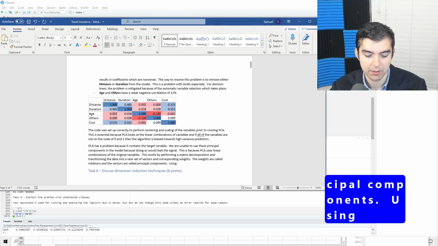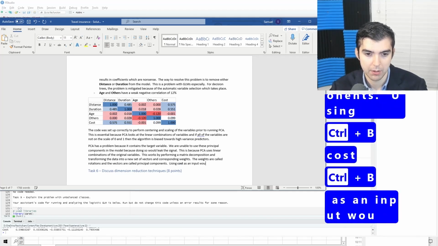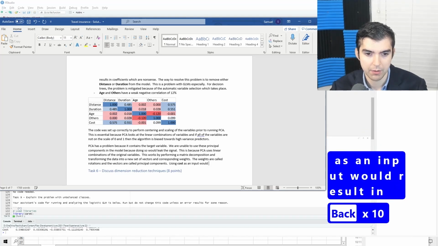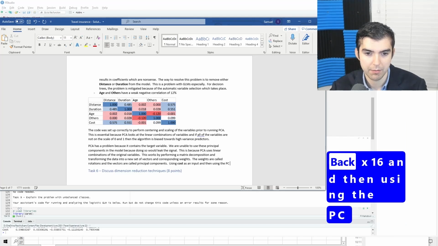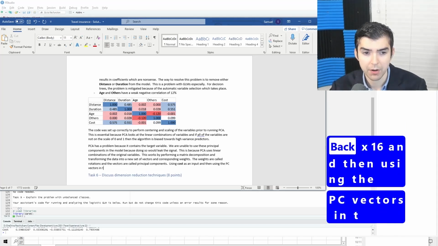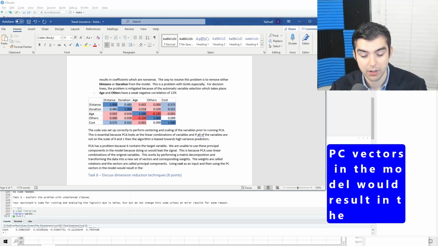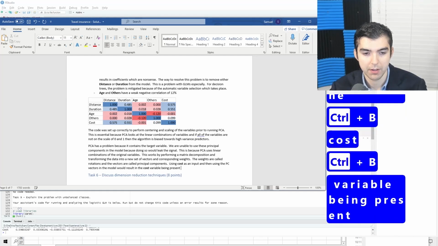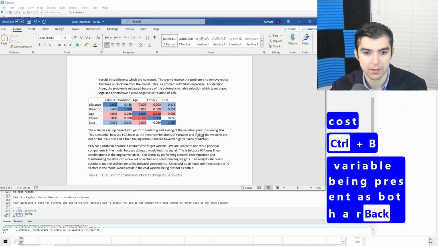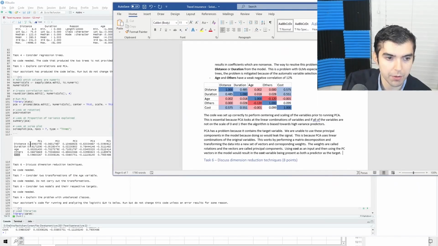Using cost as an input and then using the PC vectors in the model would result in the cost variable being present as both a predictor and as the target.